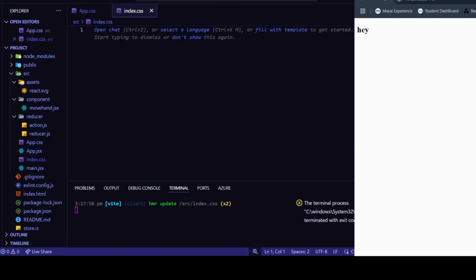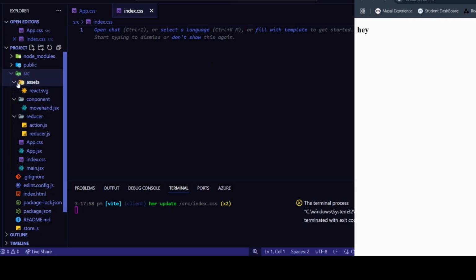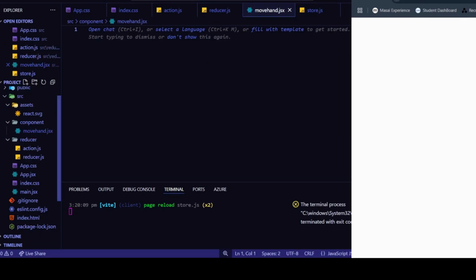Let me explain the folder structure first of all. This is the project I set up. We can set up a React project with Vite. I used npm create vite@latest and then the project name. By this command I created this project, and there will be this component in which we will write the full code for